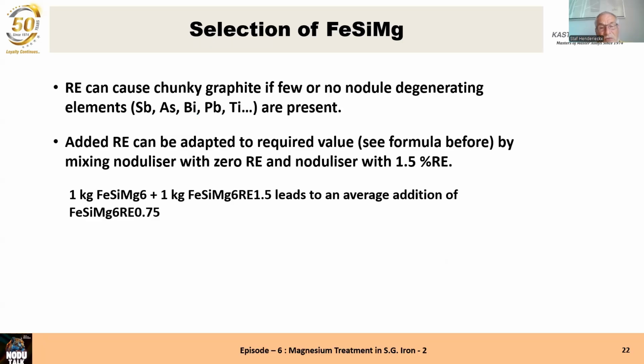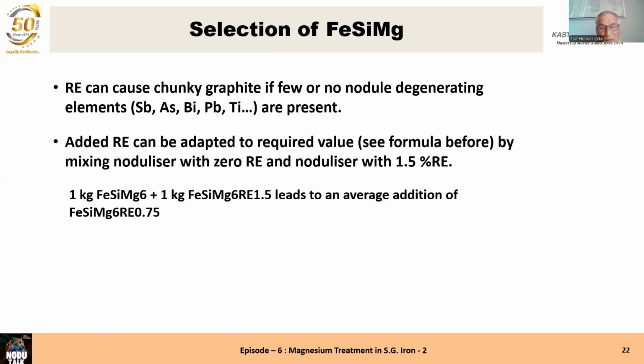Rare earths can cause chunky graphite if few or no nodule degenerated elements are present. It's cerium that can compensate the effect of antimony, arsenic, bismuth, lead, titanium. Keep an eye on that. And we have seen in the first seminar we did last month that you can calculate how much cerium is required. The added rare earths can be adapted to the required value by mixing nodulizer with 0 and nodulizer with more. Because if you calculate and it comes out that you need 0.8%